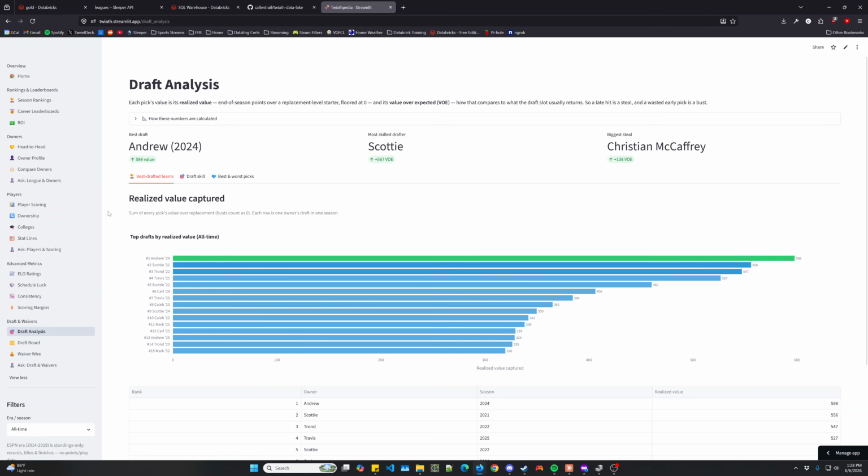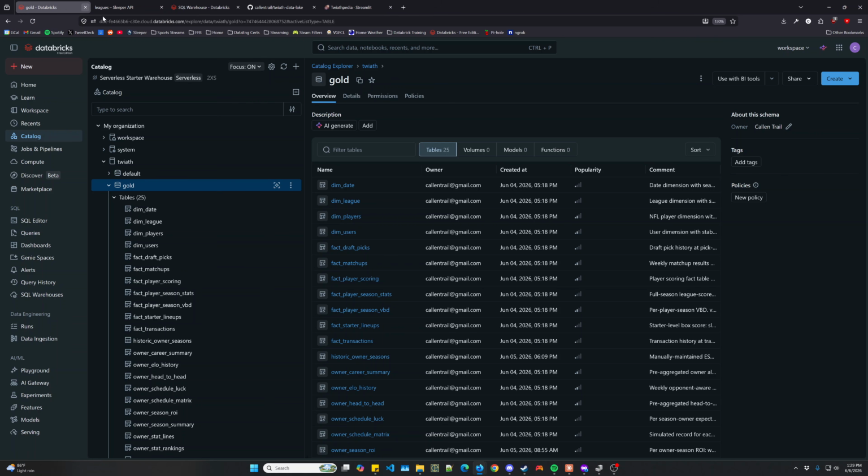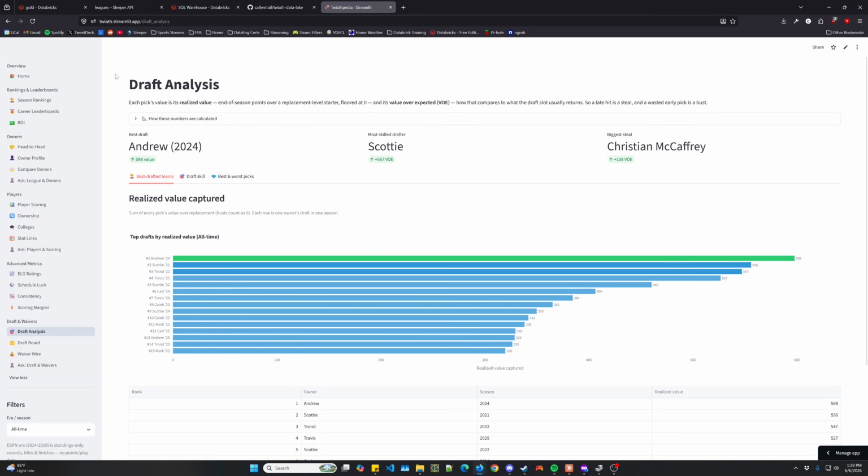But yeah, if you can think of any more cool stats, I'm down to build something out or to look into something. If anybody wants to play around with this, come and try something out. I can add you to Databricks and we can have a good time building out more data. You can work on the Streamlit app, try out your vibe coding skills, see if you can get Streamlit to